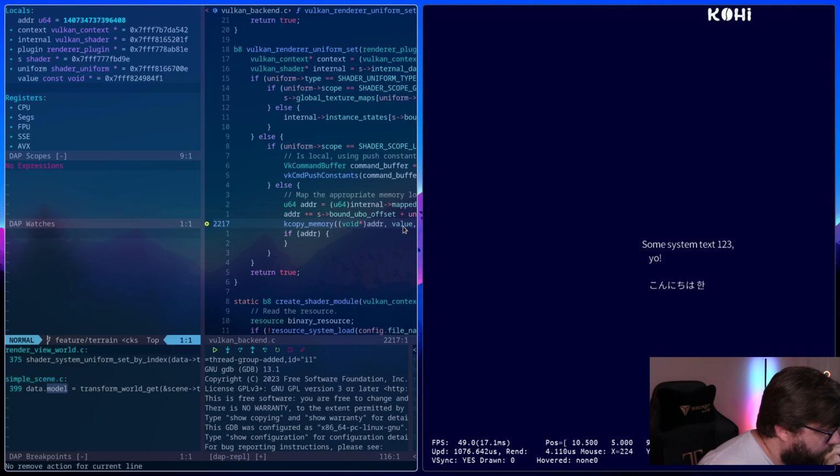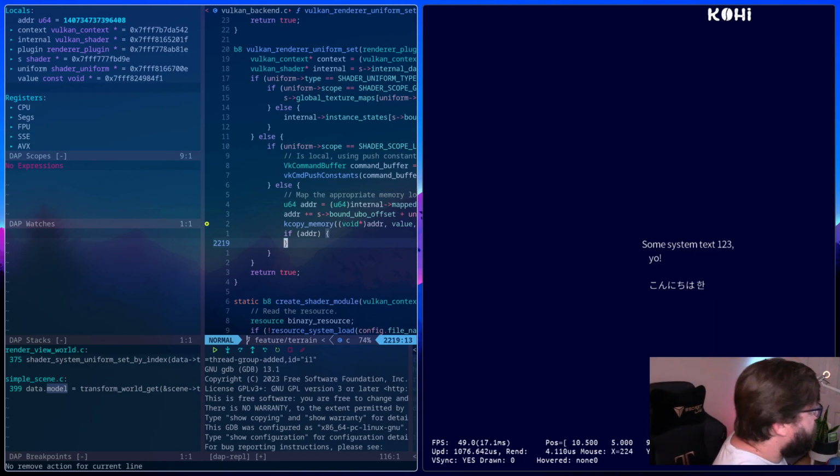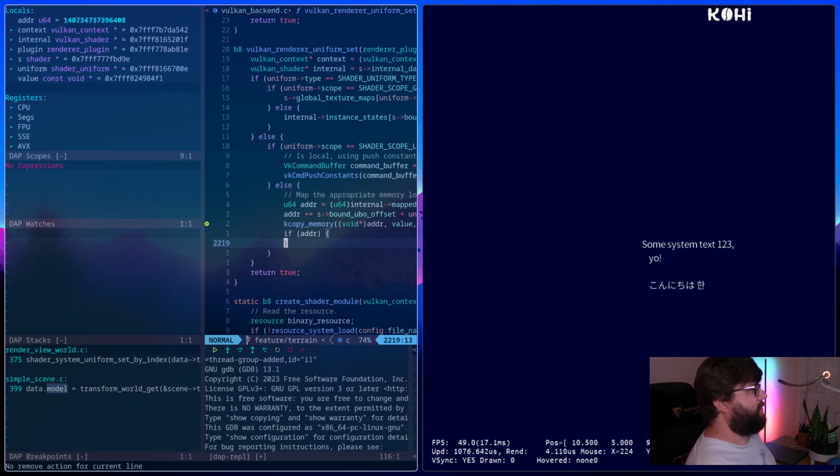Let me pay attention to chat here for a second. Take a look at the transform data in RenderDoc. Yeah, model is wrong. Time to stretch and hydrate. Yes.